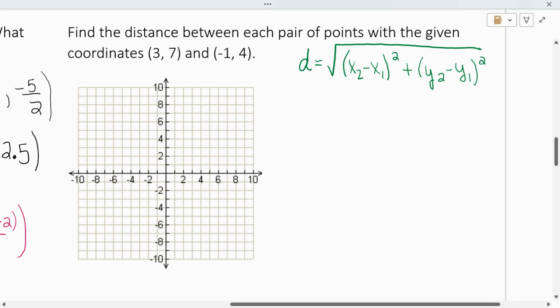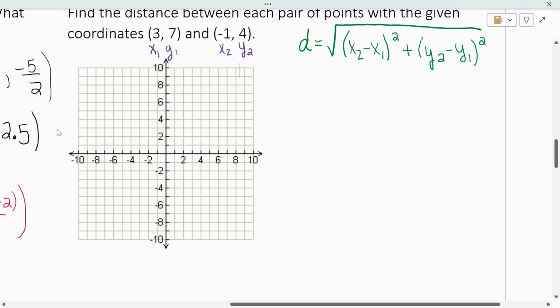So again, it's important to label your ordered pairs as x sub 1, y sub 1, x sub 2, y sub 2. This helps identify what numbers you're replacing or substituting in, okay? I'm going to plot these 2 ordered pairs, but only after we calculate the distance. We're going to calculate the distance first, okay? So let's see. The distance equals the square root of (